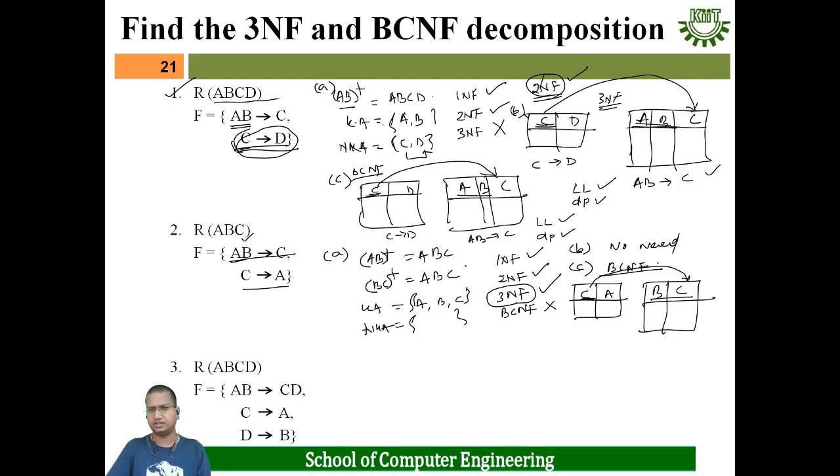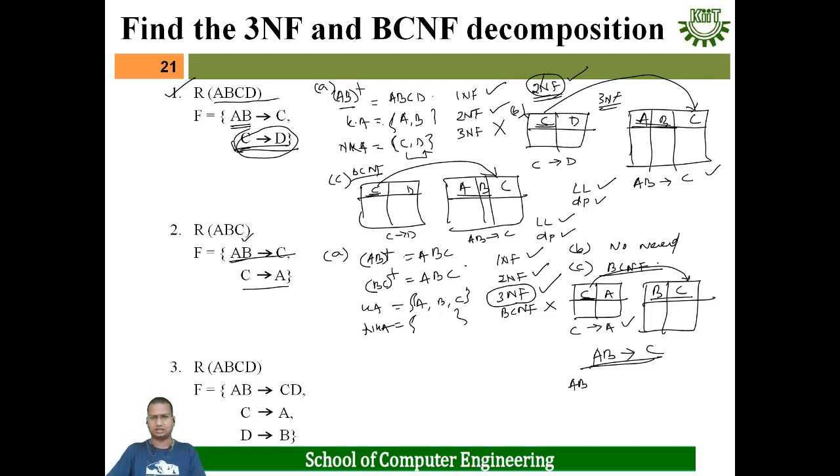C will be the primary key, and this is a foreign key for this table. And in this case, BC will be the primary key. Okay. Then C determining A is preserved here, dependency preservation. But AB determining C, is it preserved or not, we have to check. This is an indirect preservation. Then we have to check for AB determining C.